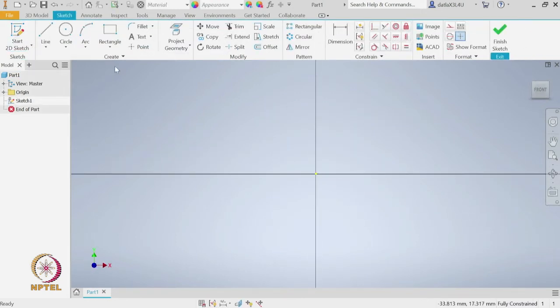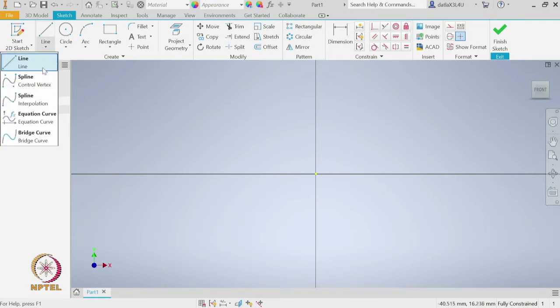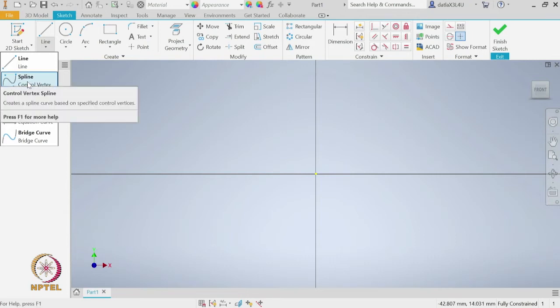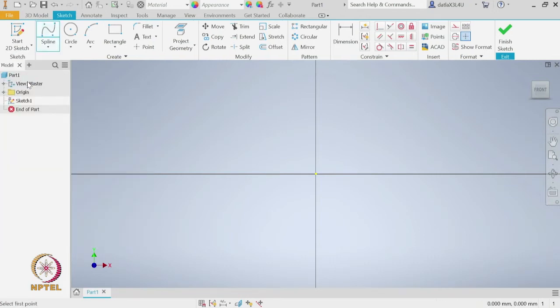Once we go into the create panel and then the line tool, there are several other options in addition to the line. The second and third options are the splines. The difference is the first spline is the control vertex and the second spline is the interpolation. So, let us get started with the control vertex and see how we can create curves.